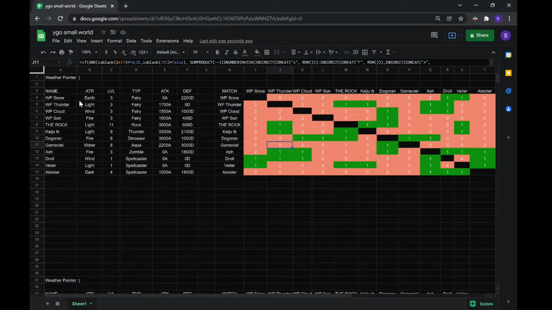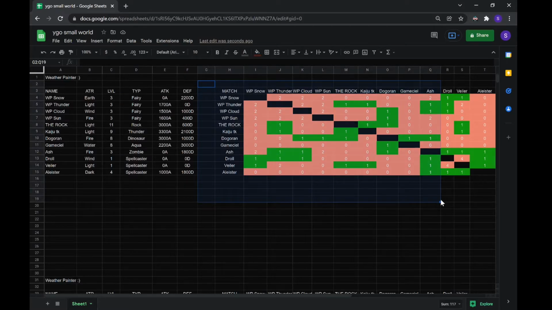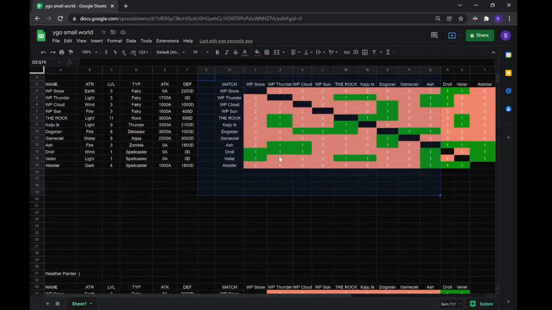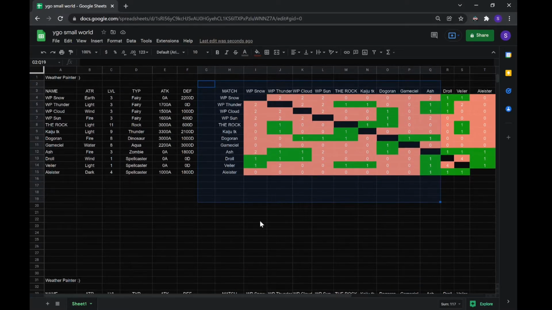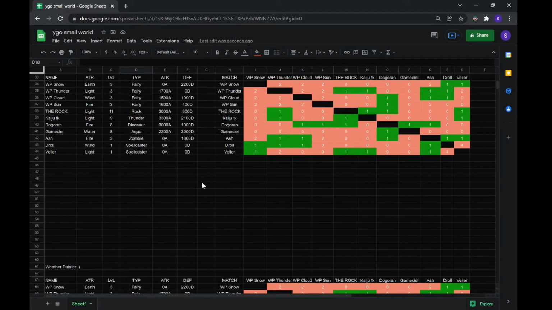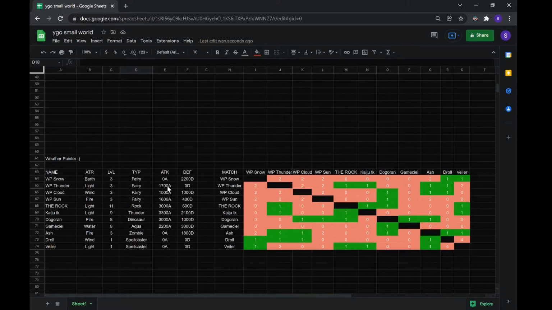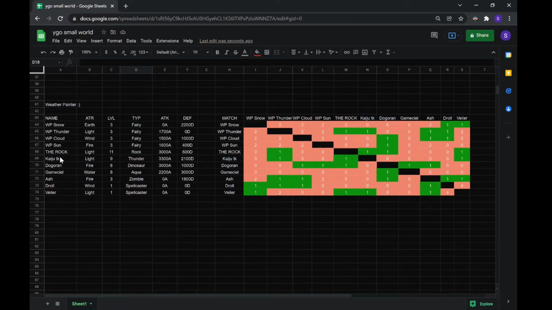So like if you want to do this for multiple decks, currently you can't just copy all of this and paste it down, because the way the formulas are written, it's not gonna copy down well. So all I did is pre-made 3 more copies of this. So if you wanna, just obviously delete all of this,